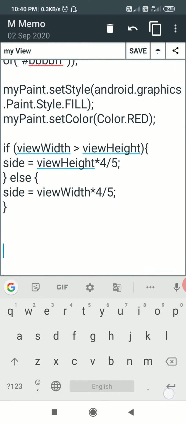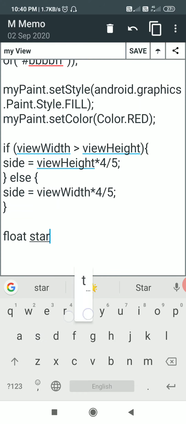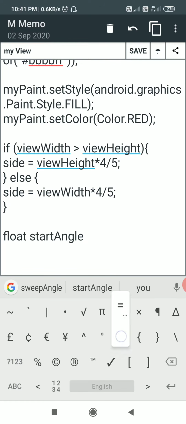Okay, so this is the side. Now after defining the side we need the start angle, which will be a float startAngle. I will set this to 0.